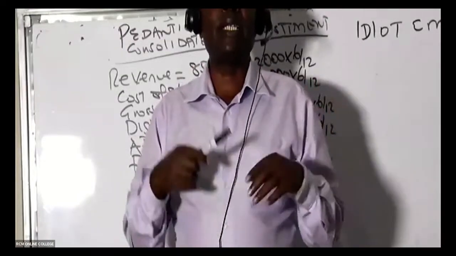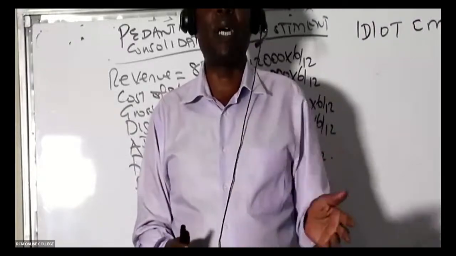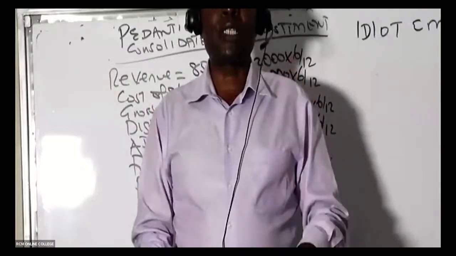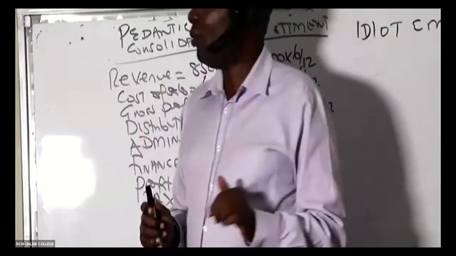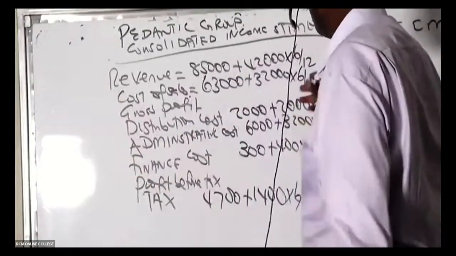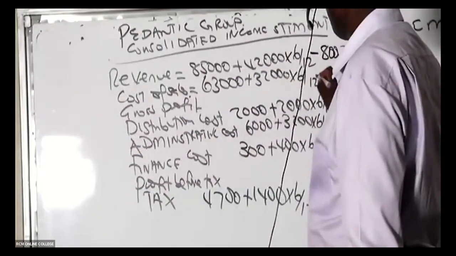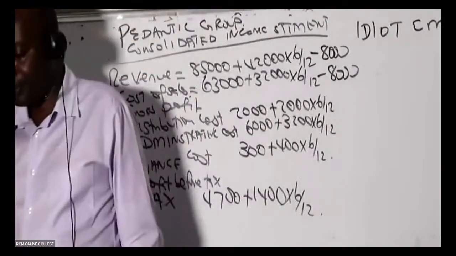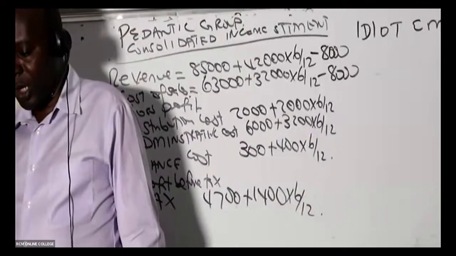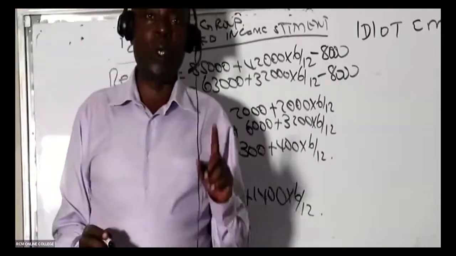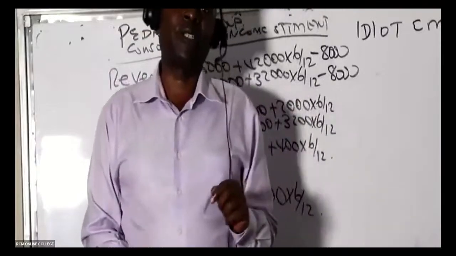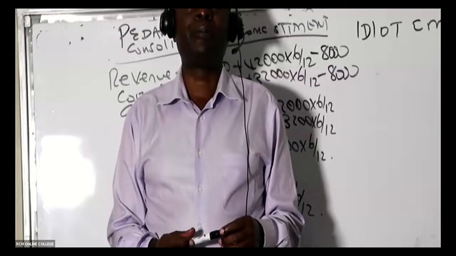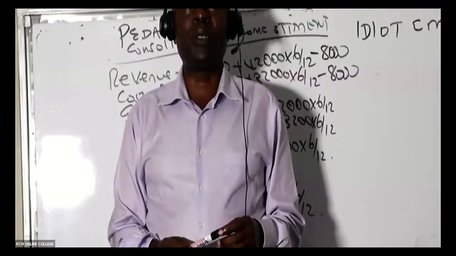So if you're told that the parent did business with the subsidiary or the subsidiary did business with the parent, that sale is internal and it must be eliminated from the sales because that sale, ladies and gentlemen, is fake. So remove fake sales, the whole of it. You say minus 8,000, and then minus 8,000 here like that. Any fake sale must be removed from the group sales and from the group cost of sales.